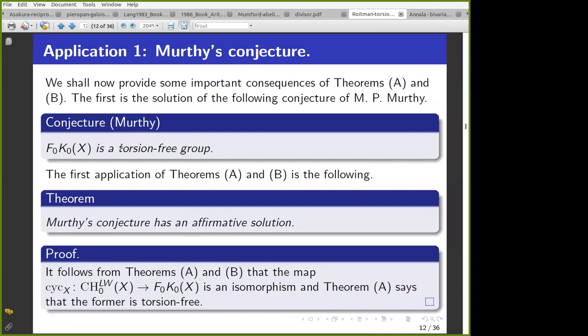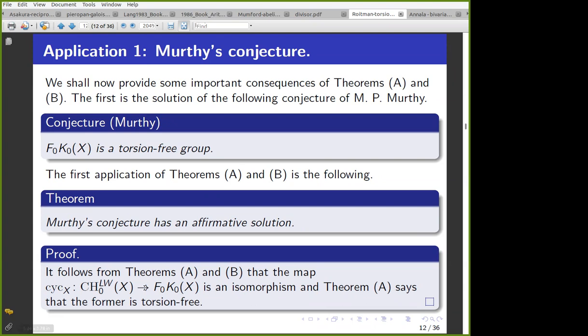He proves many results in his paper, but most of the results are under the assumption that this conjecture holds. So what is the proof? Assuming theorems A and B of Murthy's conjecture, it follows from theorems A and B that the map from here to here is an isomorphism, right? Because